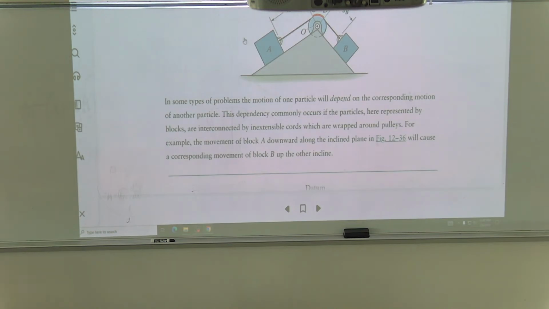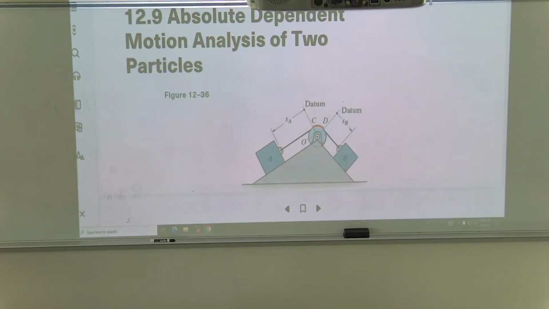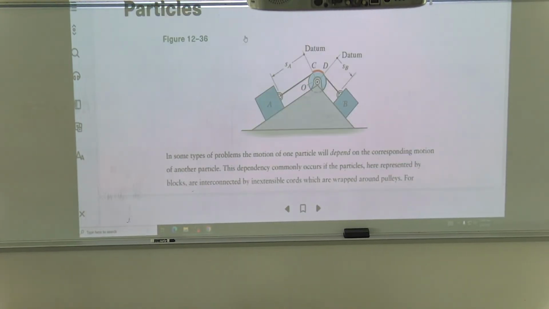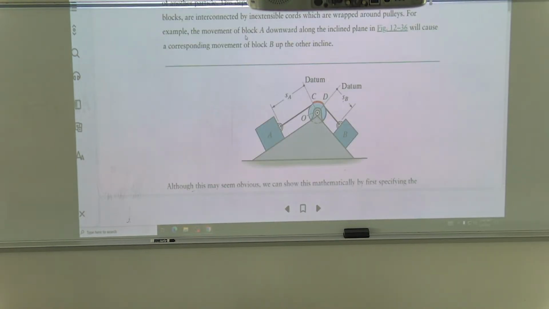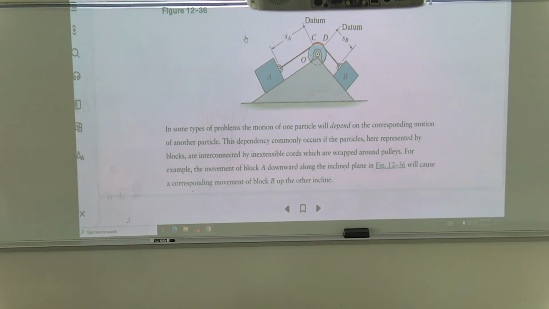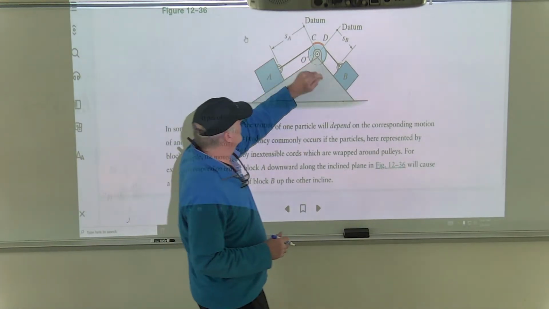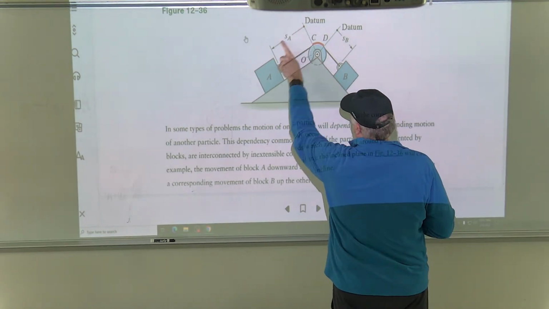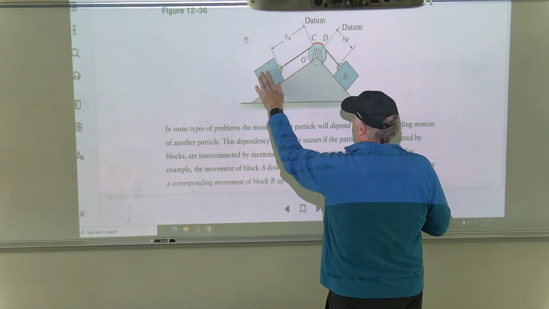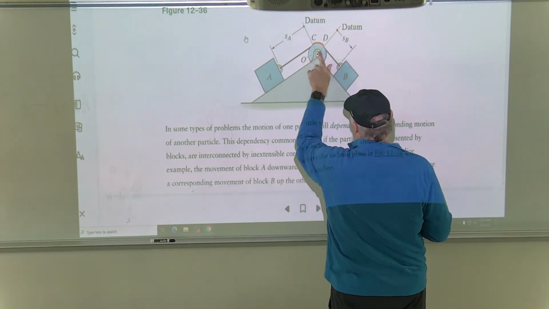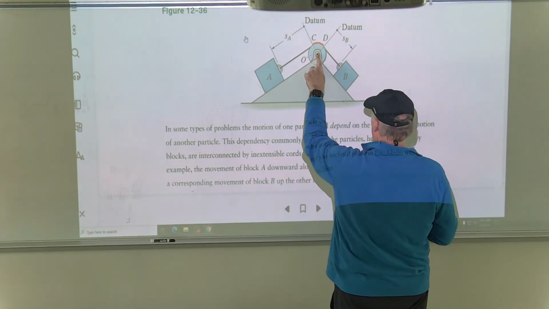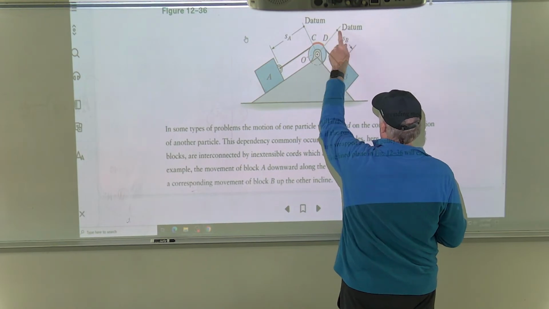Okay, so relative motion or dependent motion of two particles. The two particles are two blocks, and they almost always are going to be hanging over a pulley. The first thing he does, you'll notice, is he picks a datum here. So what did you notice? He picks a point that doesn't move to measure your block A from. He picks another one. It just so happens it's the same point, but it does not have to be the same point, as long as the point doesn't move. Then he draws an arrow to the location of B.